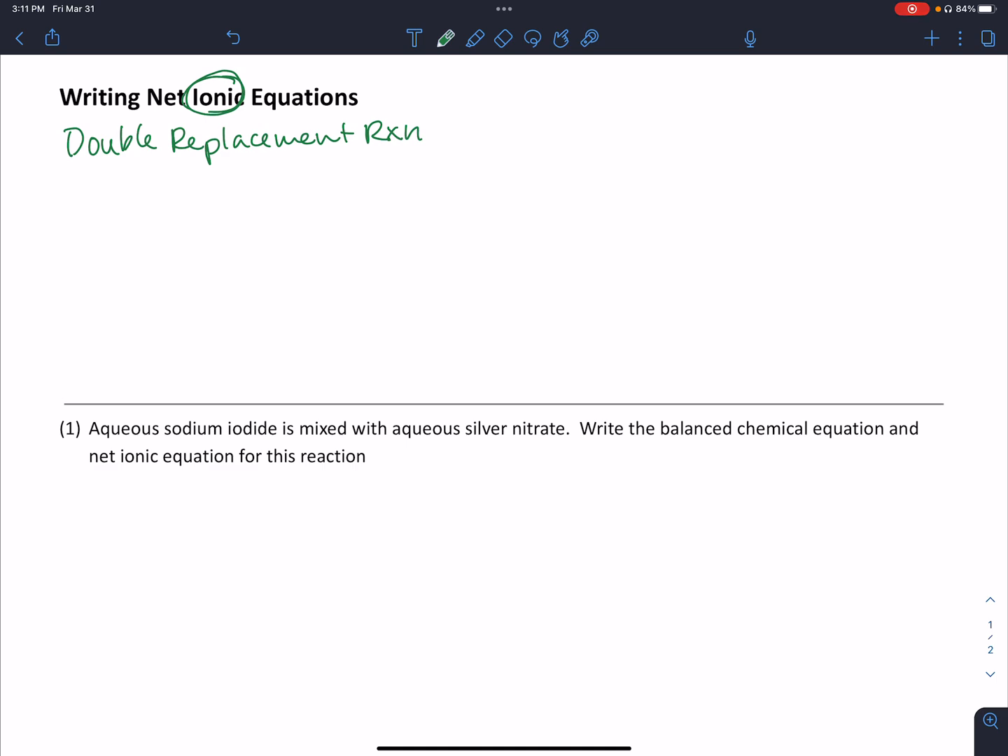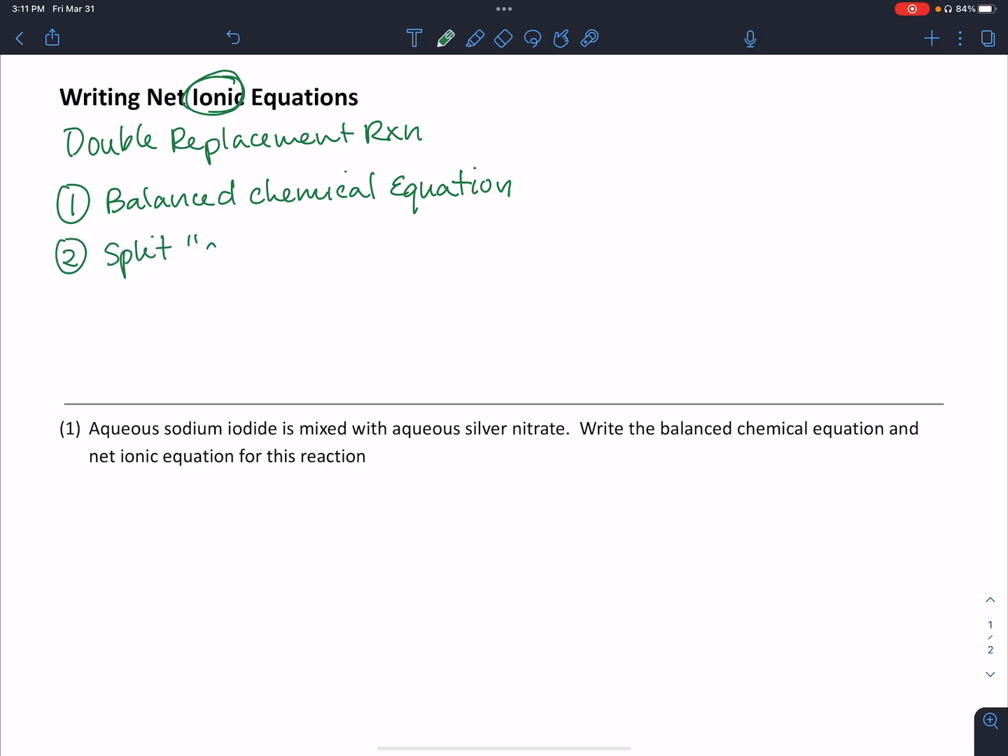All right, so to write a net ionic equation, the first thing you need is a balanced chemical equation. So we got to start there. That means if you're given the compound names, you need to convert those into formulas. You need to include the states, and then you need to balance. So we need a balanced chemical equation. Once you have that, you're going to split your aqueous substances, so our substances that are solutions,